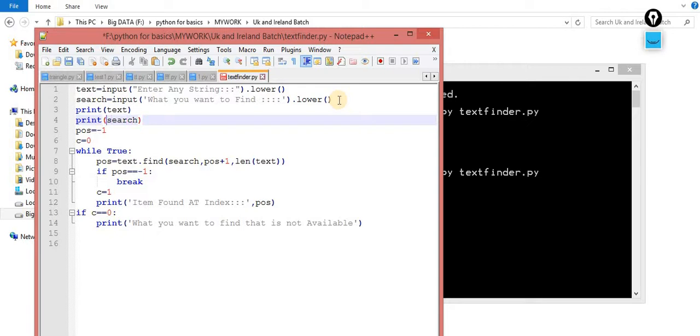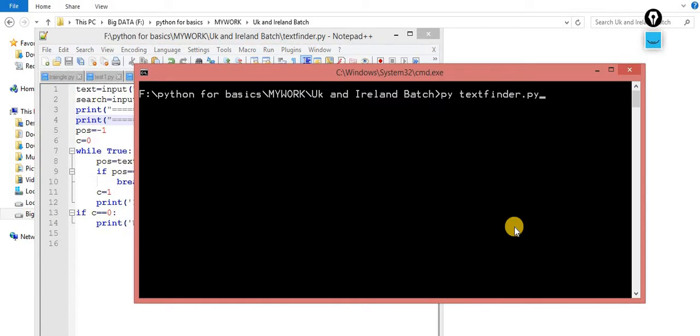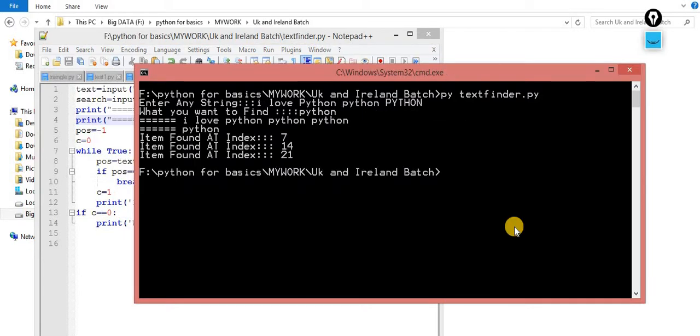No need to do anything else, just to differentiate these two I am using this, so it will automatically highlight with these equal signs. Now you can check. I write this one and I am finding this Python. Exactly what happened: this was converted into lowercase. I write this one, and this again converted into lowercase.